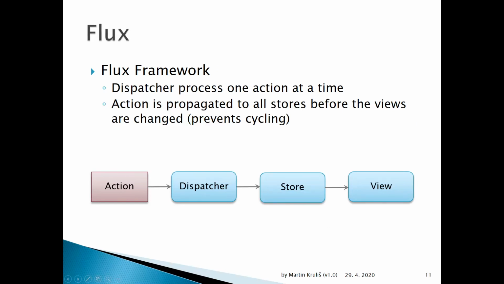One of the first attempts to deal with these potentially looping updates was presented by the Flux framework. This framework slightly modifies the model view model pattern. Actually, it breaks it down to a simple pattern to avoid this kind of loop. In this case, if an action arises,